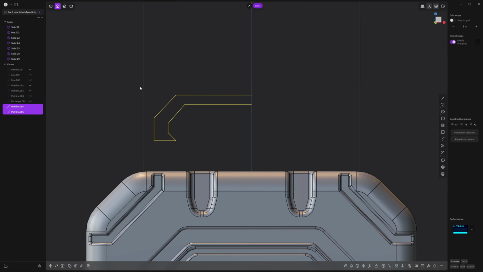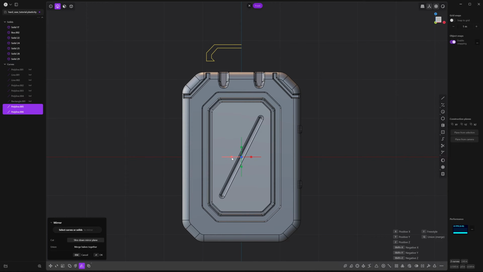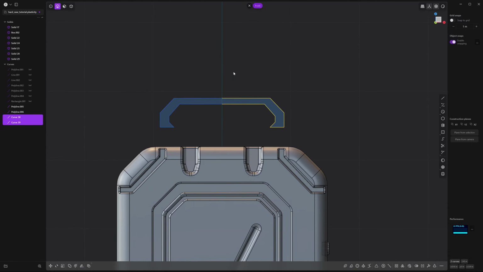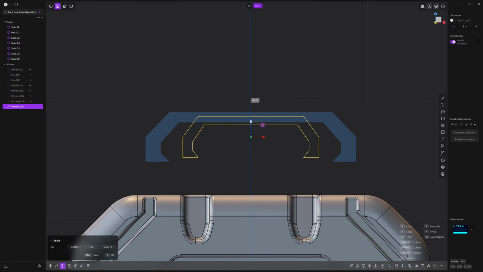Select both these curves, press Alt-X, zoom out so you can click on this red axis. Right click to accept. And now we're going to select all these edges, press J, and then we're going to scale it down a bit more again.